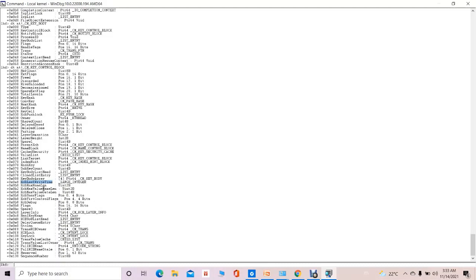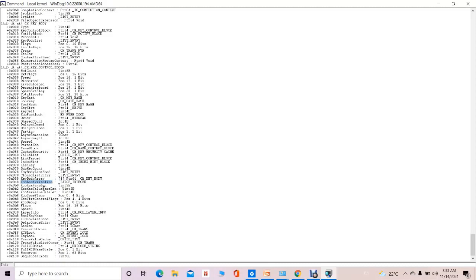For that purpose we are required to know the registry timestamp. That means this is related to the registry key timestamp, which we can obtain by using this. The KCB last write time is nothing but the timestamp associated with the registry key, by which we can know at what time a particular registry key was accessed by a particular running process.